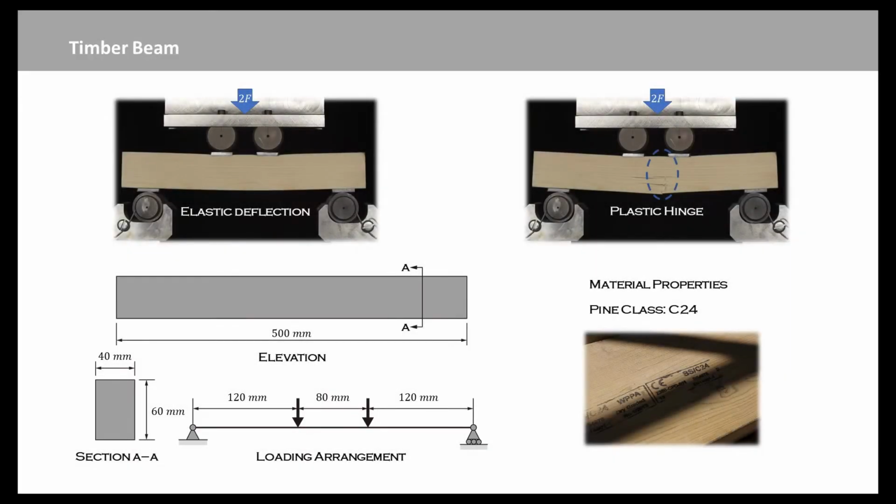Now we can use an example to illustrate the application of the area moment of inertia. This is a 4-point bending test of a timber beam with a grain running parallel to the beam axis. The beam is made of softwood of class C24. The loading diagram shows the simply supported beam subject to 4-point bending in this loading arrangement.